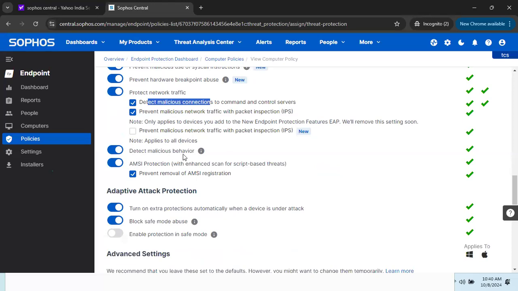Detect malicious behavior. So this is like a OBA capability once again using deep learning. AMSI protection with enhanced scan for script based threats. Any script-oriented attacks happening via the malware category, for that one it will identify, and also it will block, and also it will monitor and give